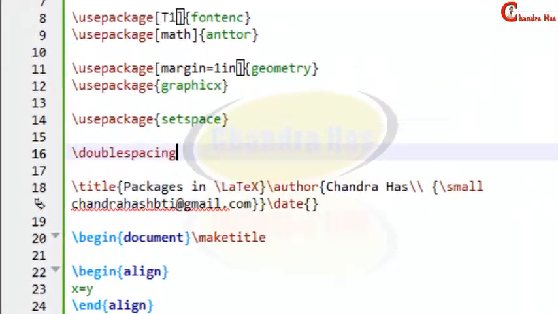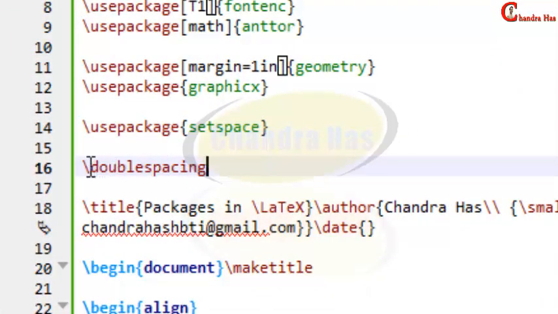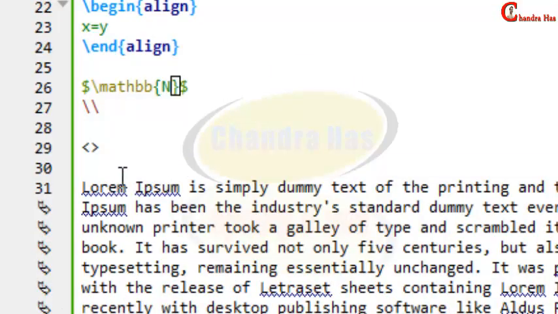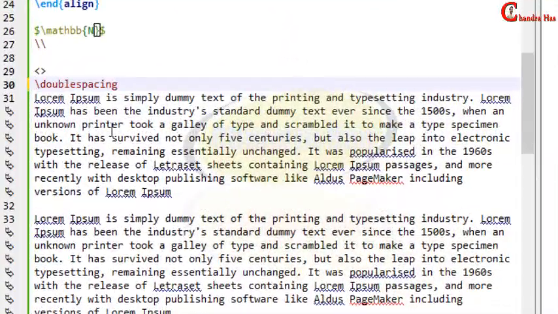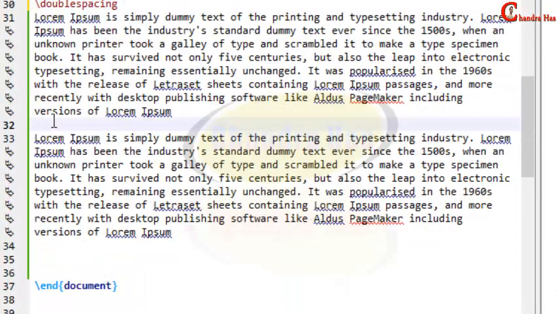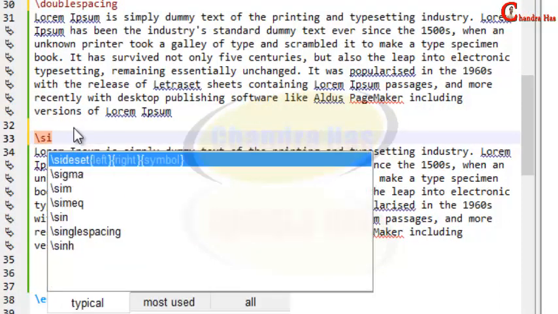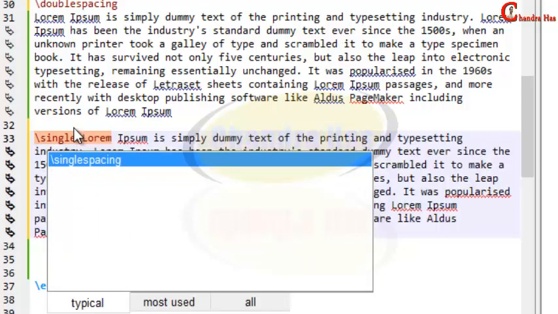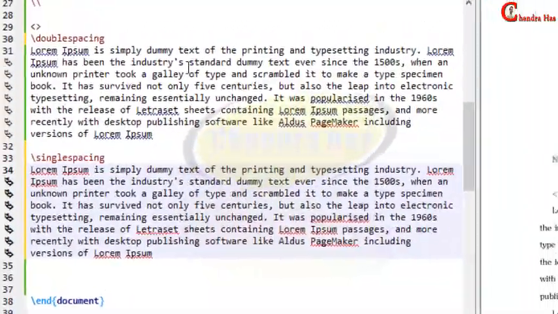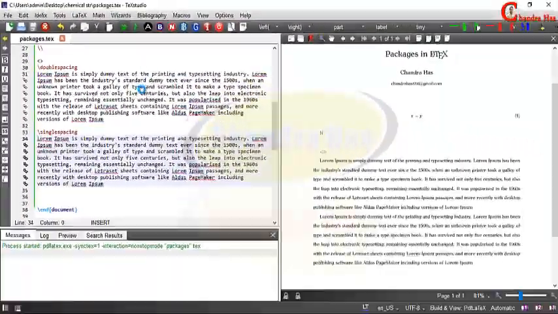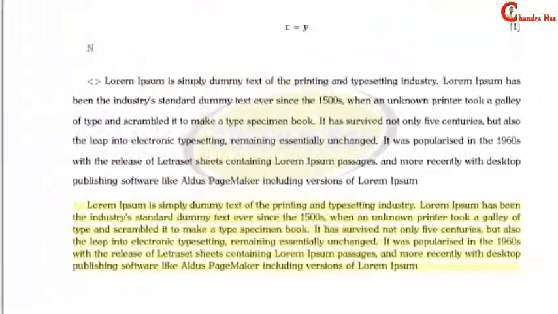So for the first paragraph I want double spacing, and for the second I want to keep one half spacing or single spacing. Yeah, you can see.